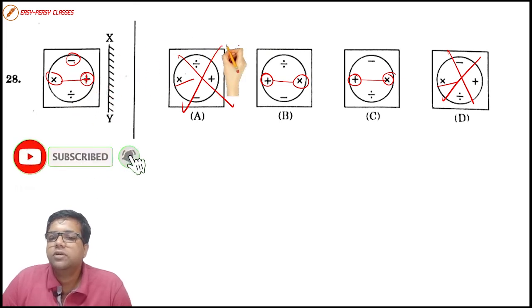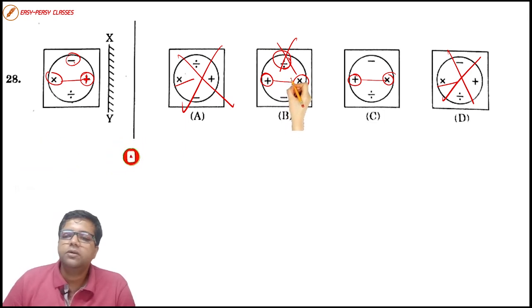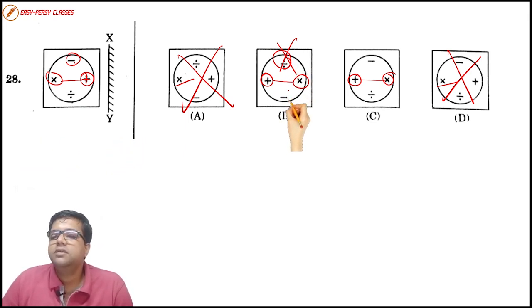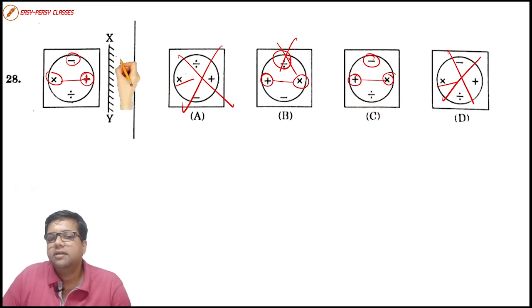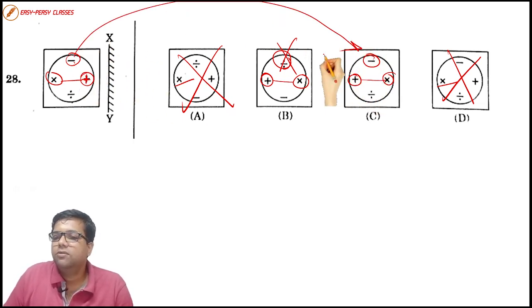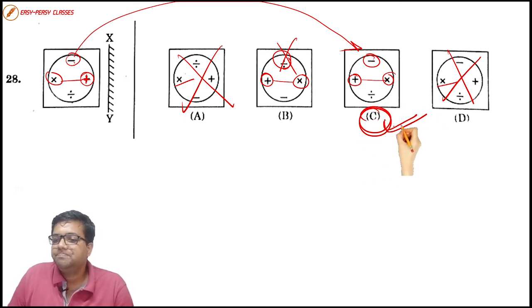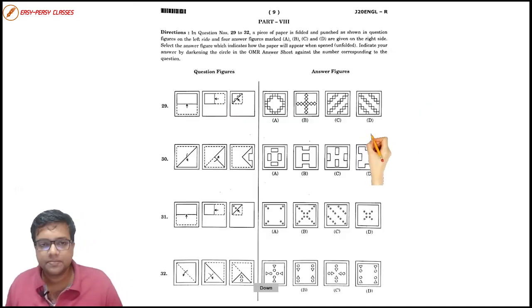We have minus over here. Do we have minus over here? No, we don't. Here the minus has been placed at the downside, so minus over here is on the top side. What was required for us? So option number C is the right answer.